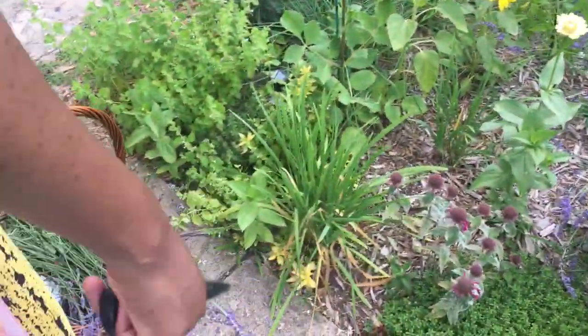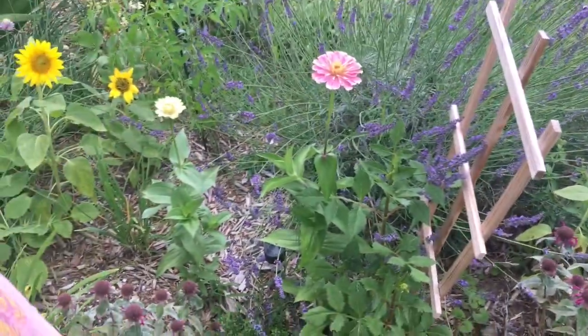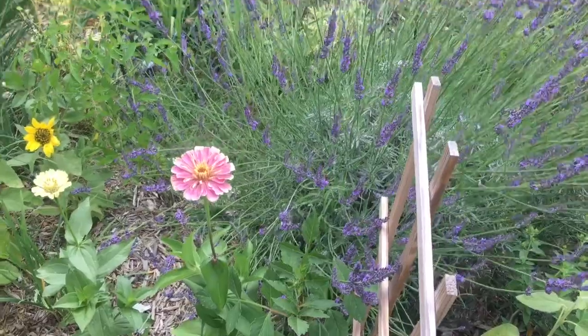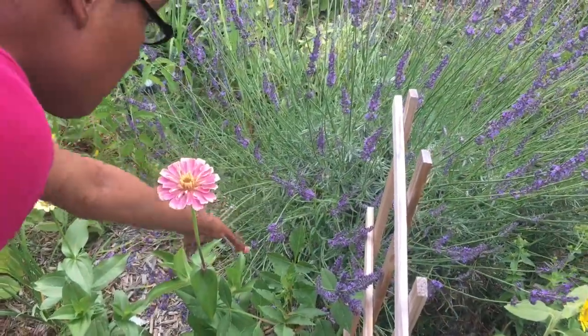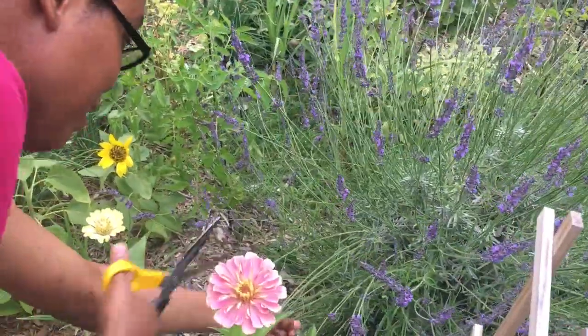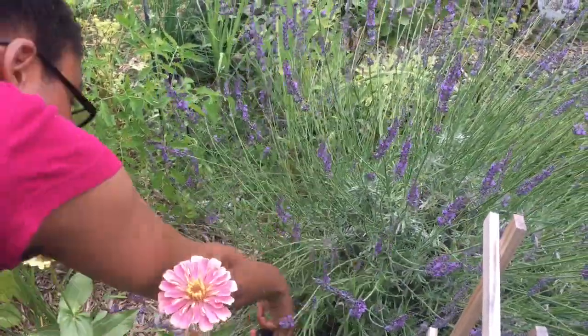Another good thing to do is don't try to cut early in the morning when the bees are first coming out, because they will find you. And like the movie Taken, they will. Well, before you start cutting,